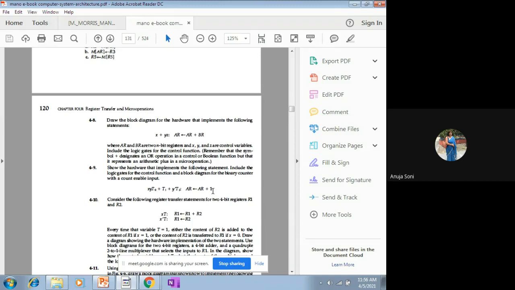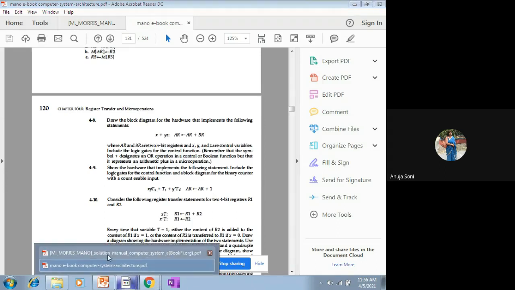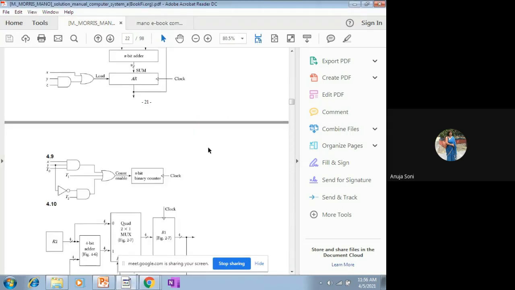For the incrementation operation, incrementers are directly available. Incrementer circuit chips are available in the system, and that's why no detailed internal explanation is given. Only the abstract diagram of the binary counter is mentioned here. A binary counter is a built-in counter that automatically generates the next sequence and increments the value by one on its own. That's why the abstract diagram of the n-bit binary counter is drawn here.